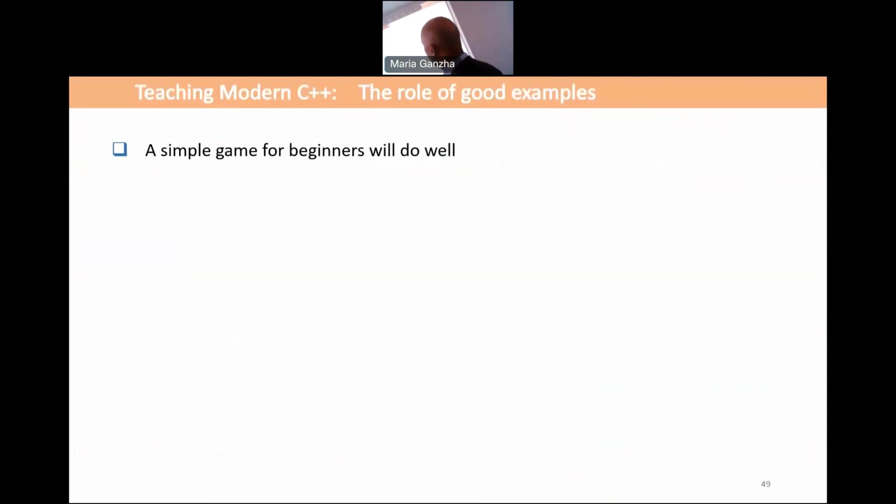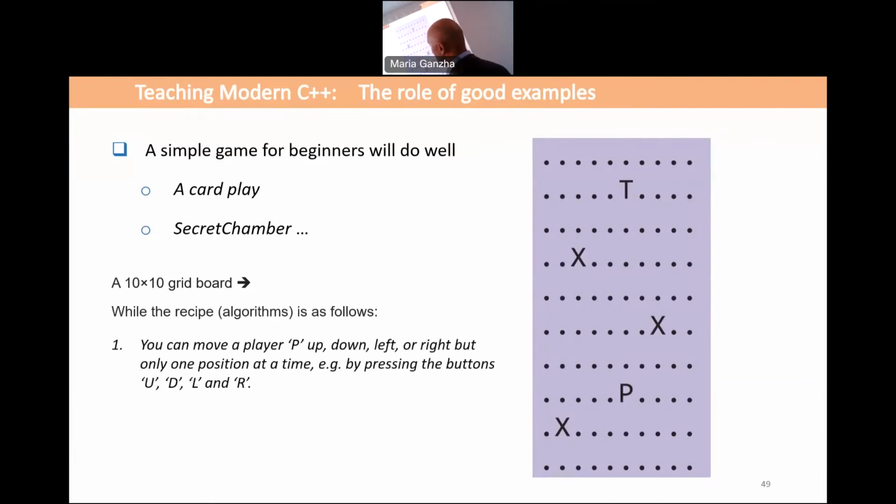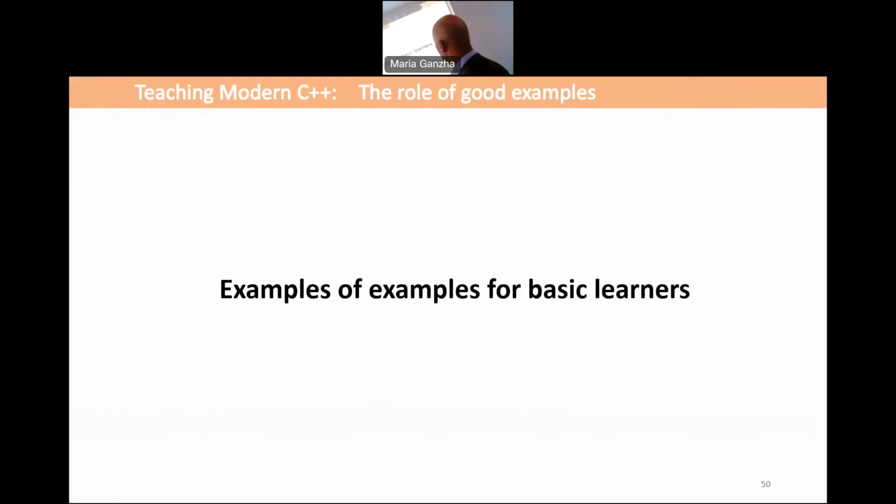Examples. Okay. For beginners, what we do, a can't play, and we do example. Secret chamber. So we have, for example, this main function only and a couple of functions. We don't have a graphical user interface, but we can do a lot of things like this in a terminal as well. So we can devise a lot, because students are interested in something they can play, or something is moving or playing music or whatever. So these are good examples, just attracting them. Yeah, some can just devise things like this.